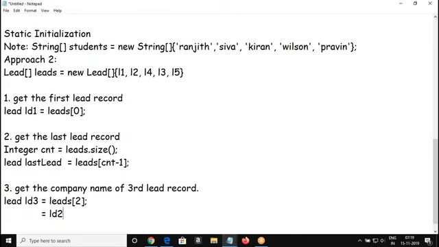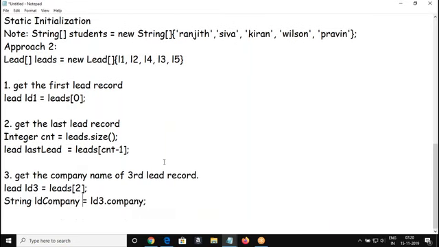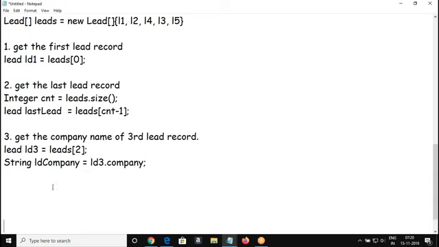I need a company name. So L3 dot company. Where can I store this? The company is a string value, right? Lead company. Company is a string value. Right. I hope people are good with this. People are good with this example.